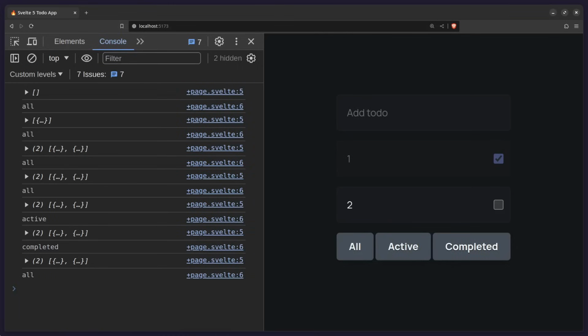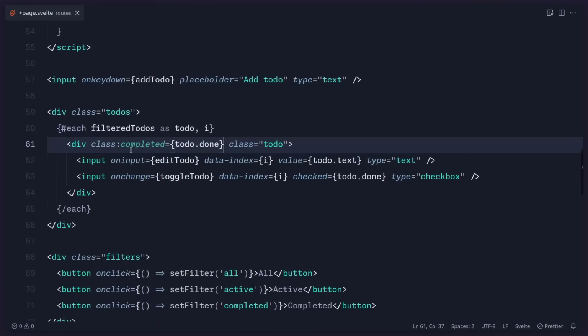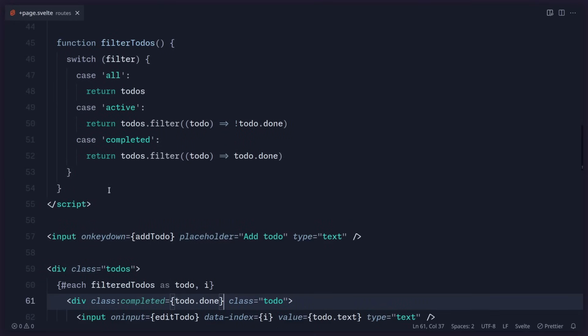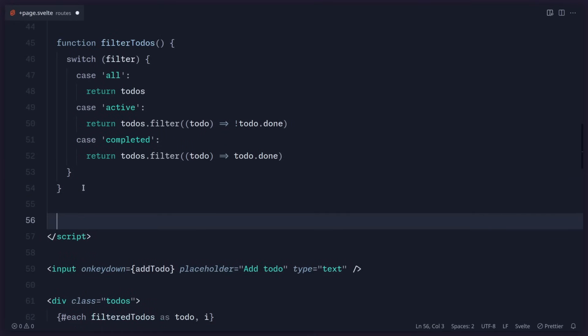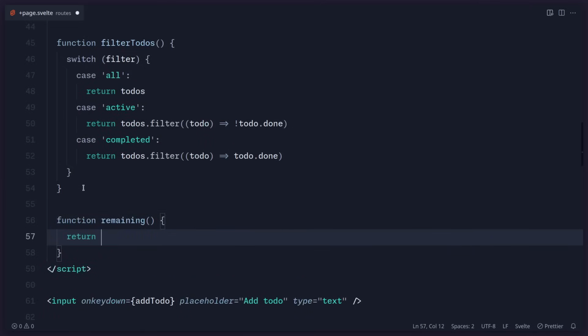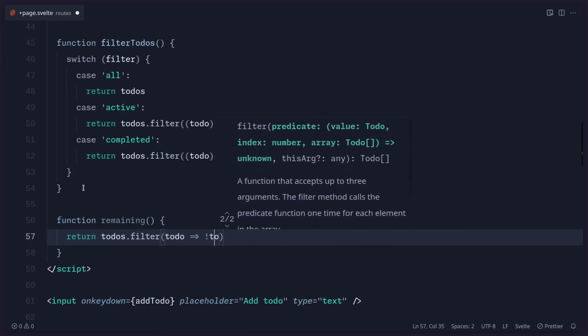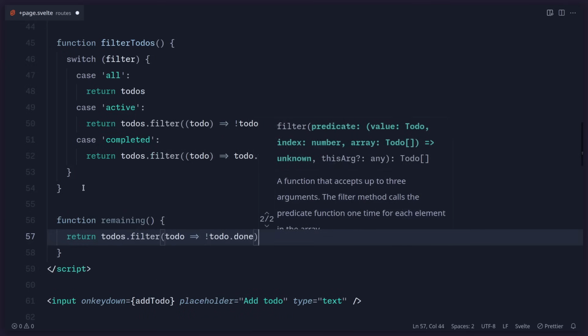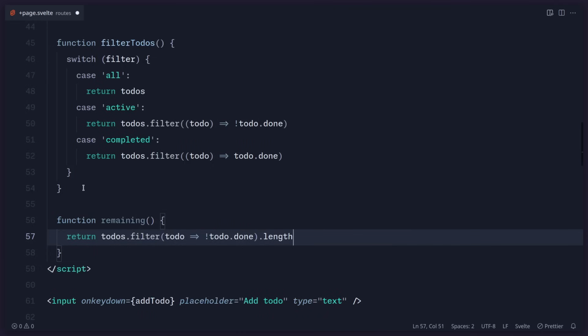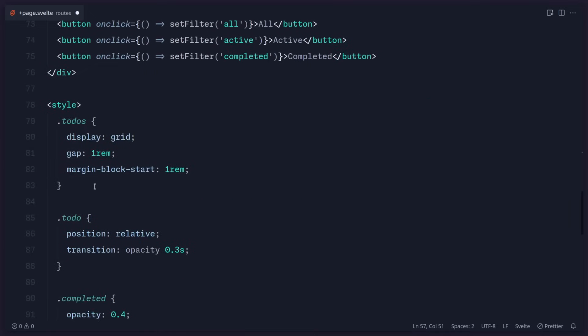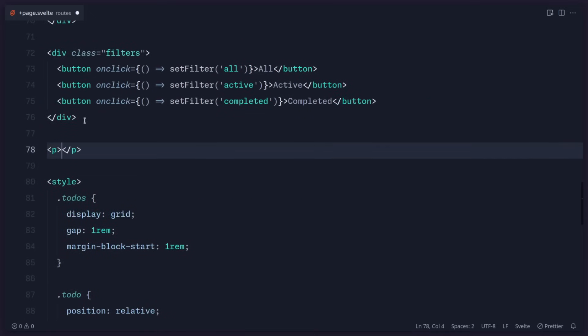Alright, friends, so the last thing I want to add is to be able to see how many remaining to-dos there are. So we can do this really simply by adding the last function here. We can say function remaining, you can name it whatever you want, and then we can just return to-dos. We're going to filter them by the to-dos that aren't done, so we can see if the to-do is not done, and then we just want the length, nothing else. So this is going to rerun again each time to-dos updates, and now we can just invoke it here in our markup. So we can go here, and I'm going to create a p tag, and I'm just going to say remaining, invoke the function